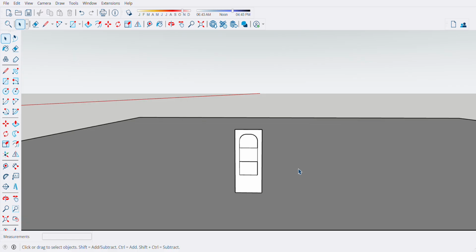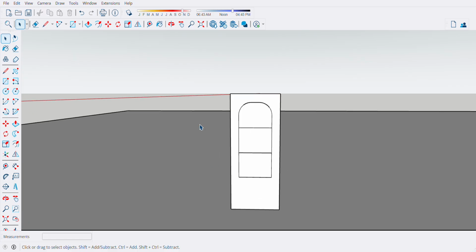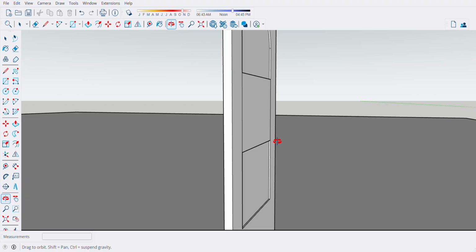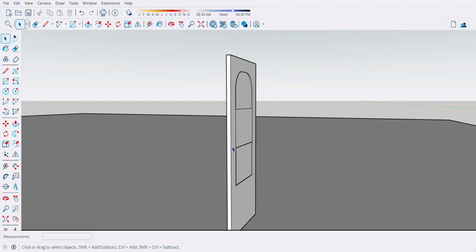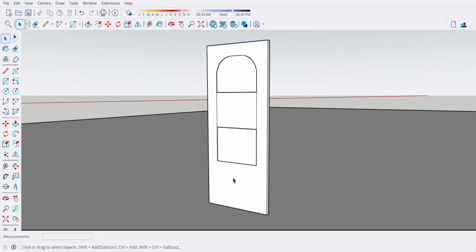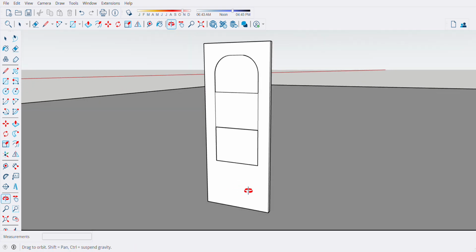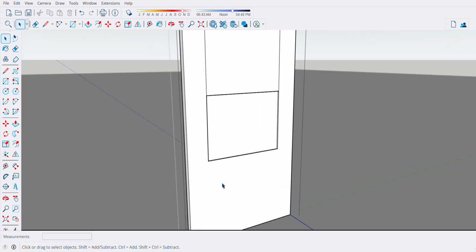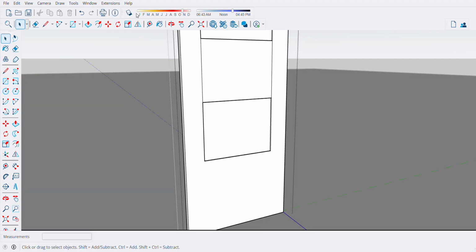So okay, we'll make the color of our door. Let's see if this is okay. That is okay, then we will go inside. We'll make another. We'll add.